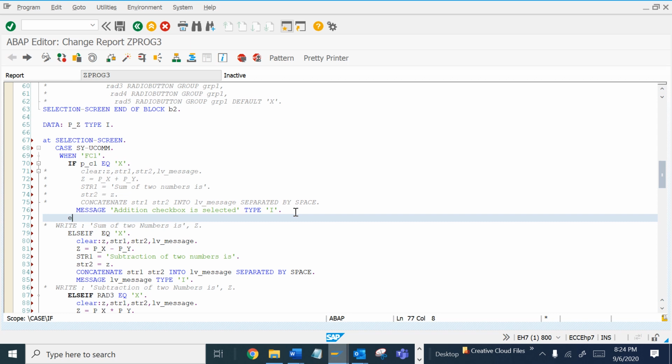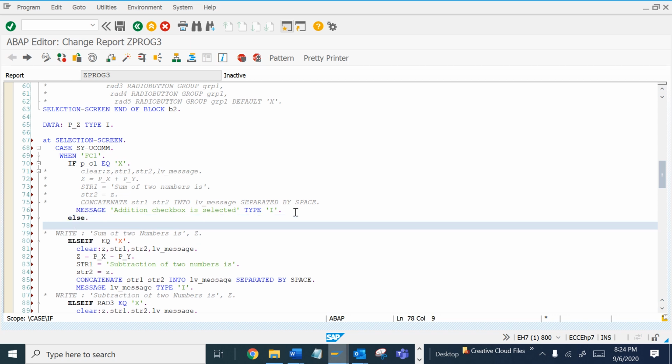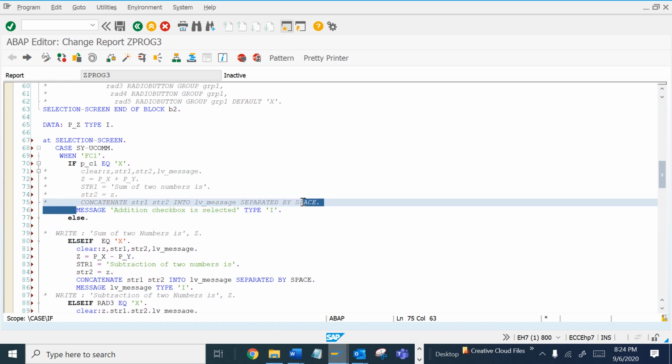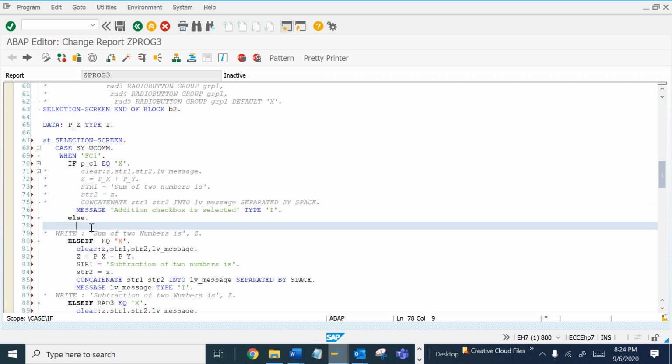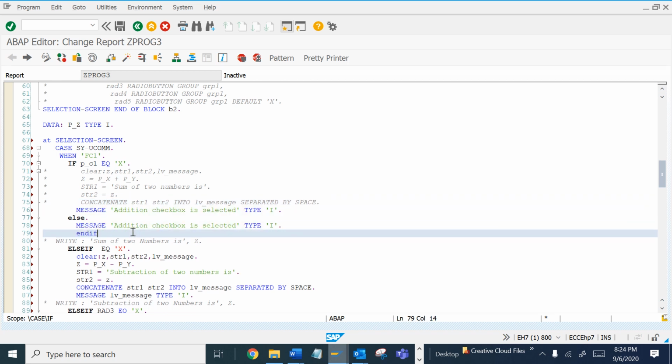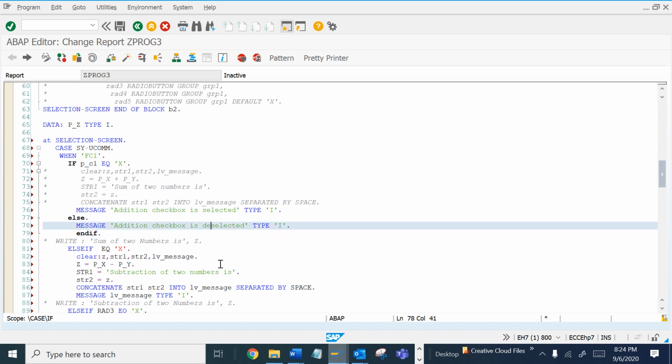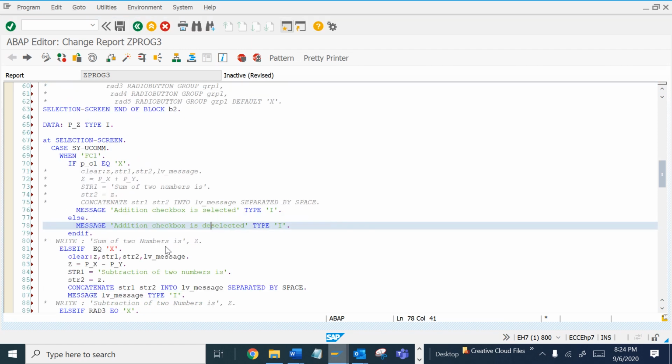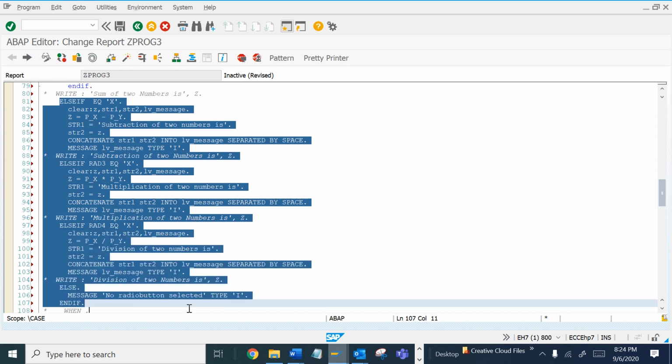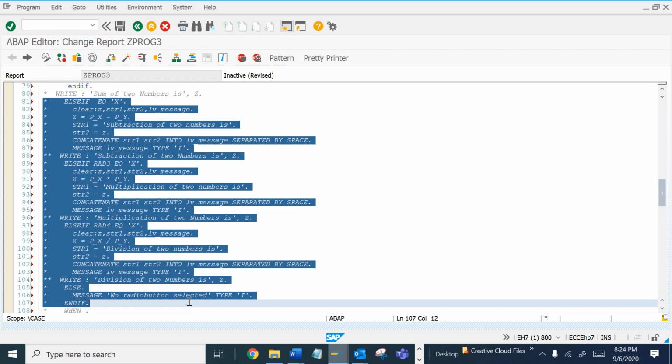If it is selected, it means it is selected. Now if it is not selected, then in case of the else part, it will obviously be not selected. So let me do this. It is deselected. So let me copy this part and do all the operations for the other checkboxes.